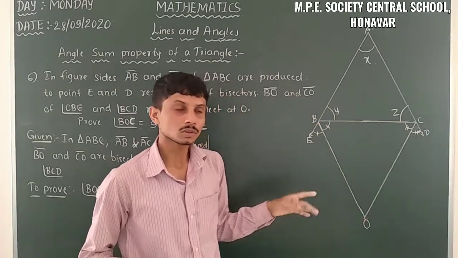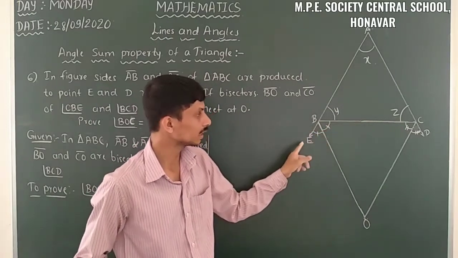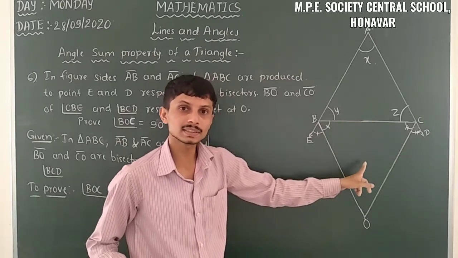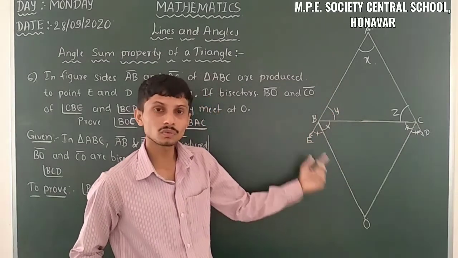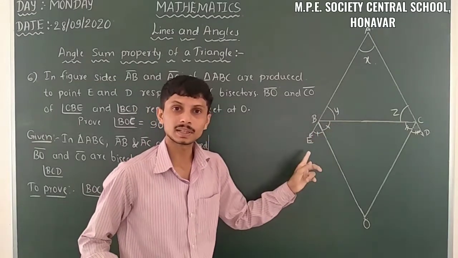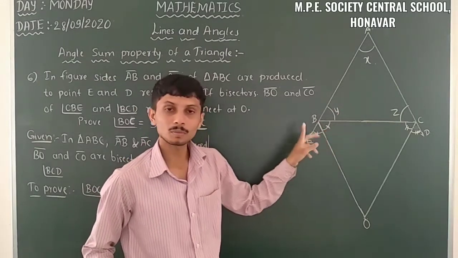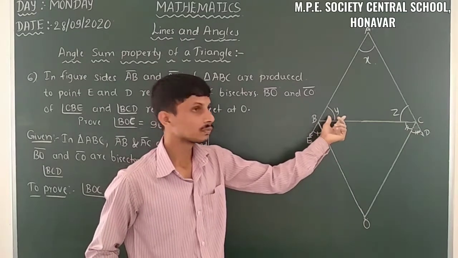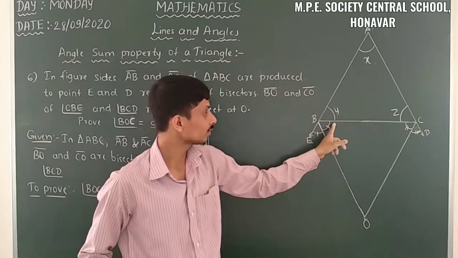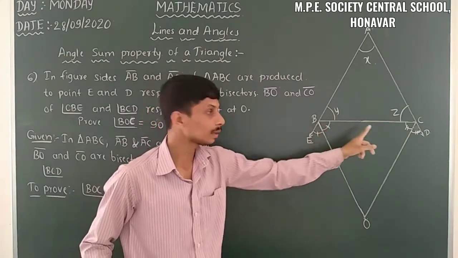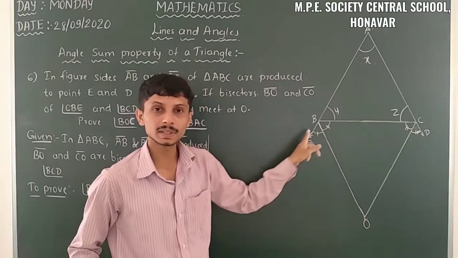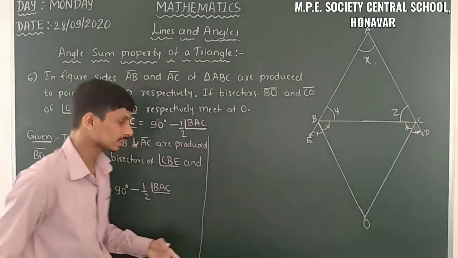So here just observe, when we have CBE, we can take BC as the ray, the ray stands on AE. So we have the relationship between y and this complete angle. That means the adjacent angle formed is 180 degree. From that we have y and 180 degree minus y. That means we have the relationship between angle CBO and angle CBE. So let us take that one.